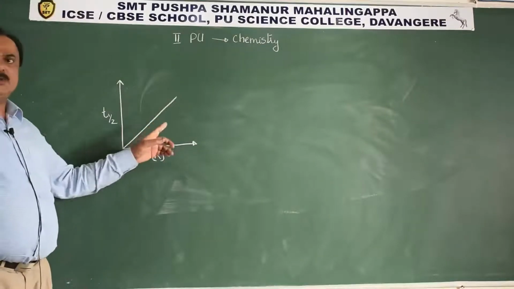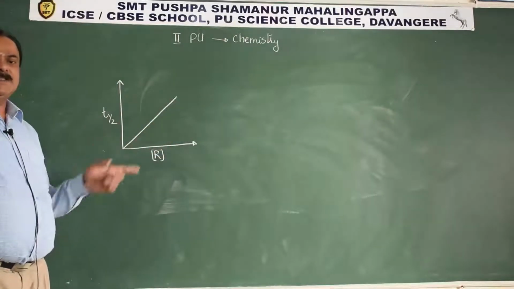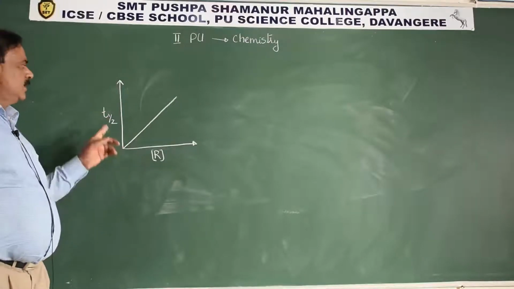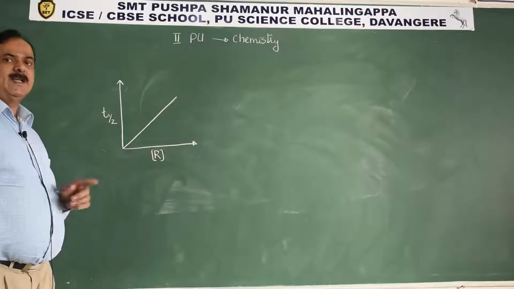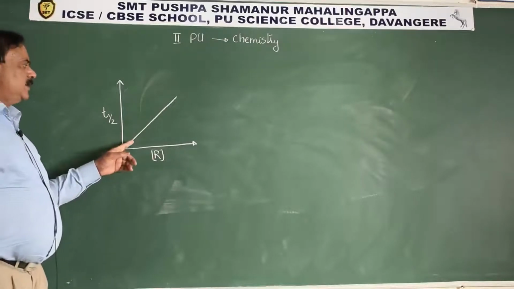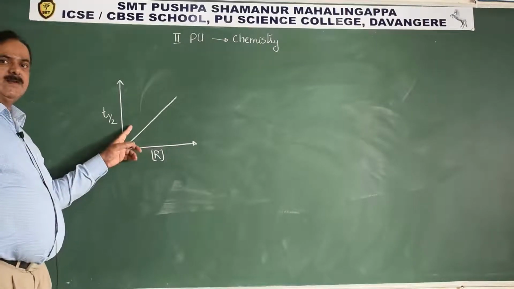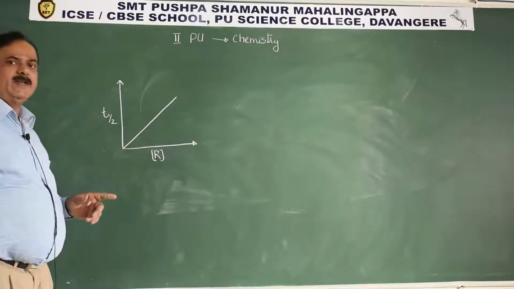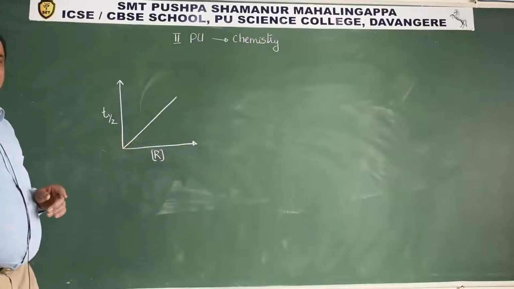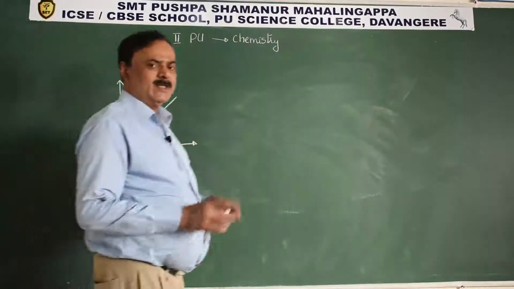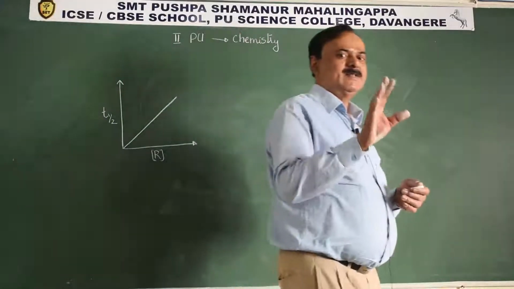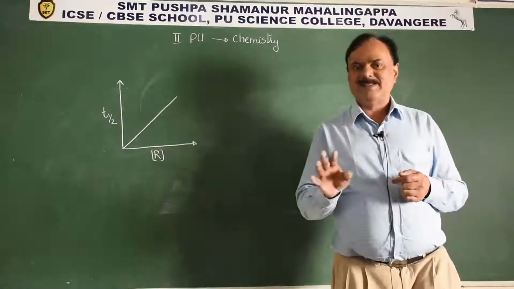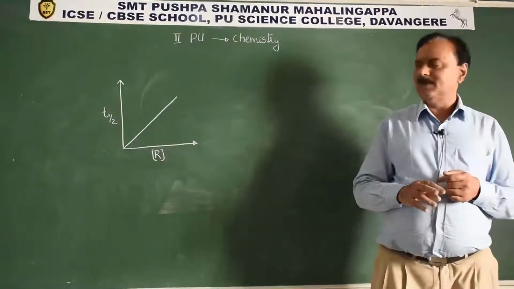Now we plotted two graphs. One is rate versus time, and one is half-life period versus reactant concentration. Then it usually bisects the first coordinate into two equal parts, 45 degrees and 45 degrees. That indicates it is a zero order chemical reaction. In our entrance exam, they will give graphs 1, 2, 3, 4. Identify which one of the following is an example for a zero order chemical reaction.